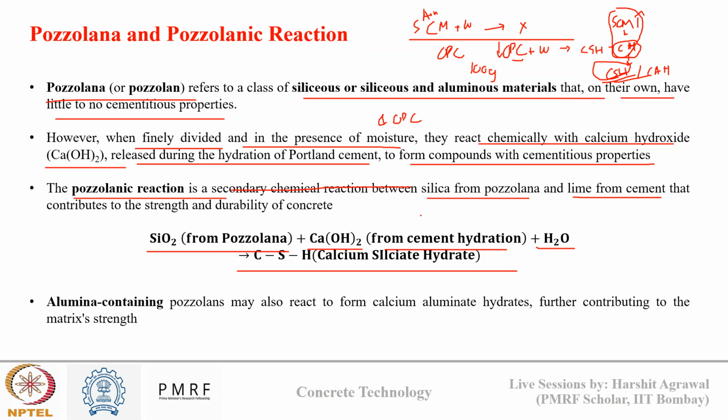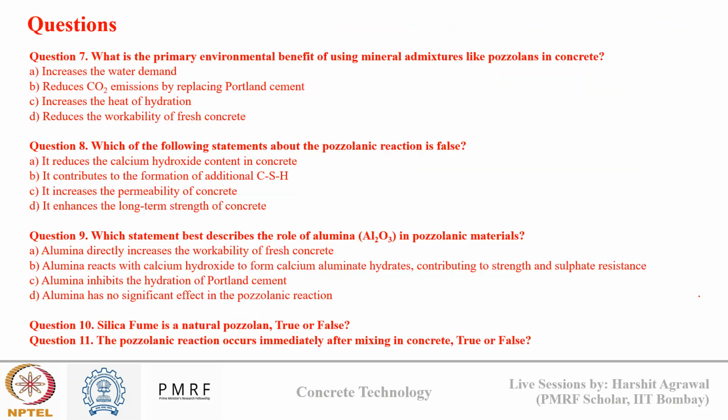Okay, so there is CSH and there is alumina containing pozzolan. They react to form calcium aluminum hydrates, which can also contribute to strength of concrete. So this is the action of SCM. They are not directly reacting with water, but in the presence of a calcium hydroxide source, they can react to form cementitious compounds. And this reaction is known as pozzolanic reaction. Now, based on the understanding about properties of production of SCM and how pozzolanic reaction works, just try to answer these